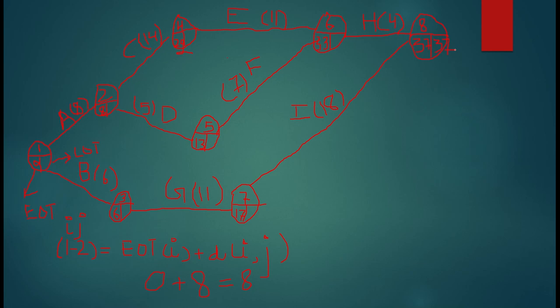This is 37. Now I will go backward. So the first thing you need to remember is from 8 I can only go to 7 first. You cannot go to 6 first, because in certain networks 7 and 6 are also connected. That's why I'm telling you that first move to the immediate preceding activity. So 37 minus 18, I will move to 7 first.